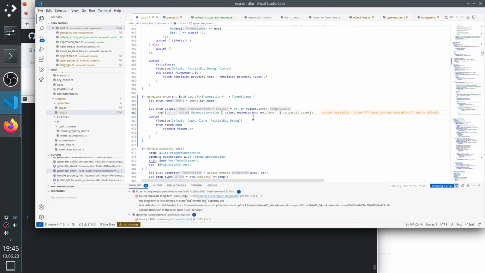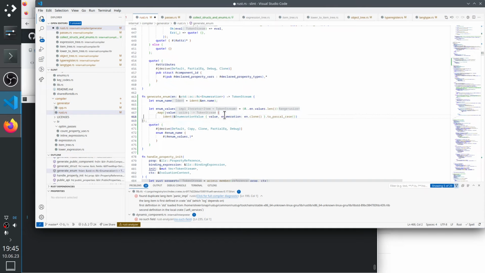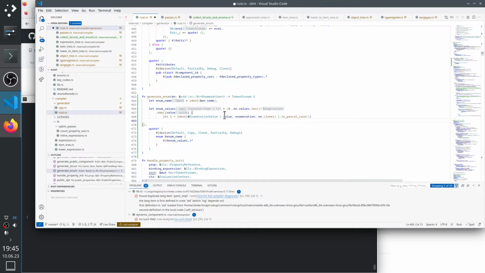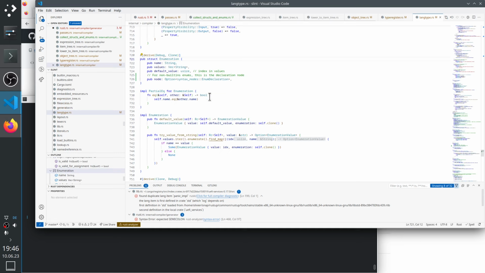So this is the enumeration value, and I need to take the ident of this identifier of it, and I also need to do is putting that into bracket if let, and then if value equal enumeration has a default value,